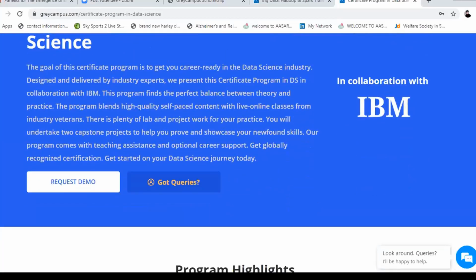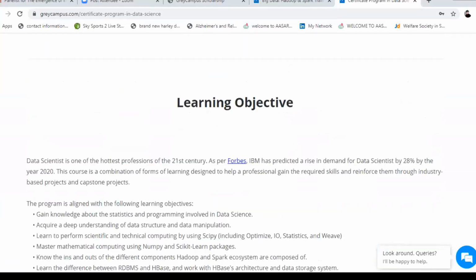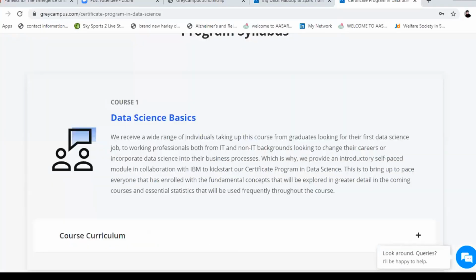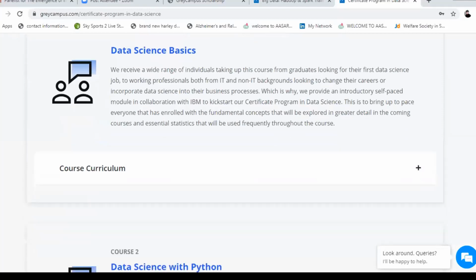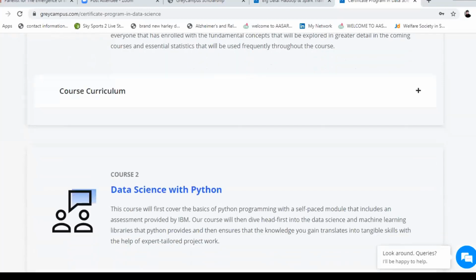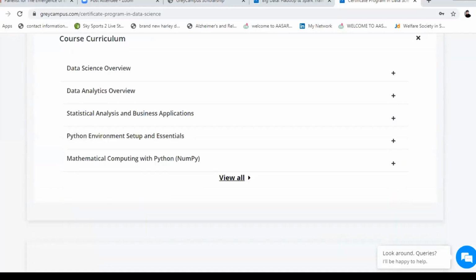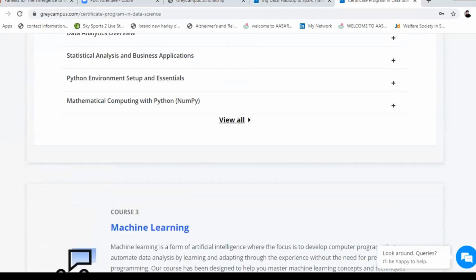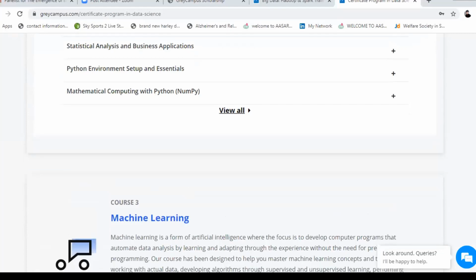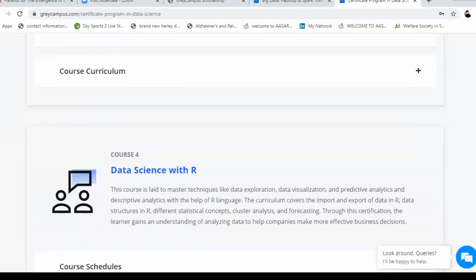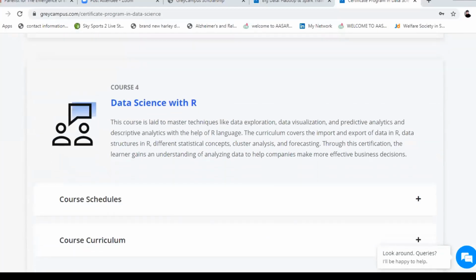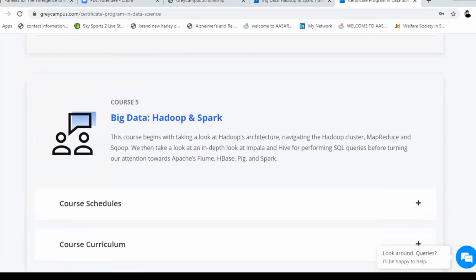Right. So this is a program called Certificate Program Data Science. You'll be learning the courses basically on individual level. That is data science basics, where you will be learning all the data and statistics as well as the introduction courses. And then you'll be learning about data science with Python, wherein you learn how to compute with mathematical computations using NumPy and everything. Then you'll be learning about machine learning going forward. Then with R, how do you forecast that? Like as she was talking about COVID, how do you use those mathematical libraries to visualize the data and everything? Big data, Hadoop and Spark,